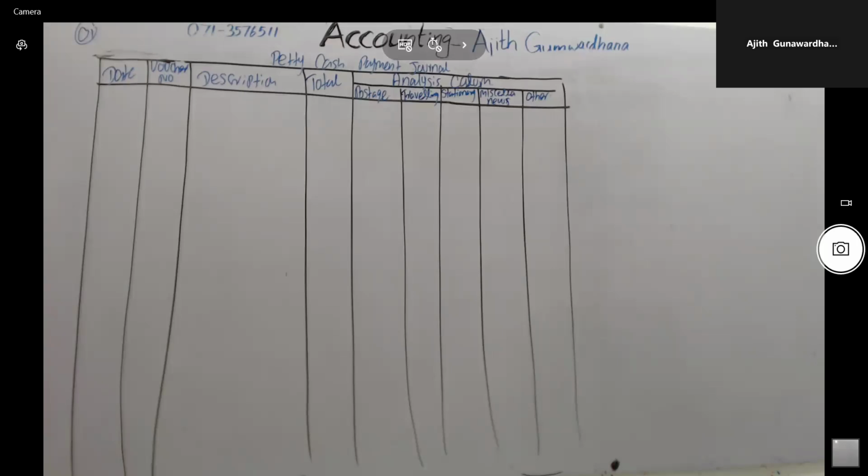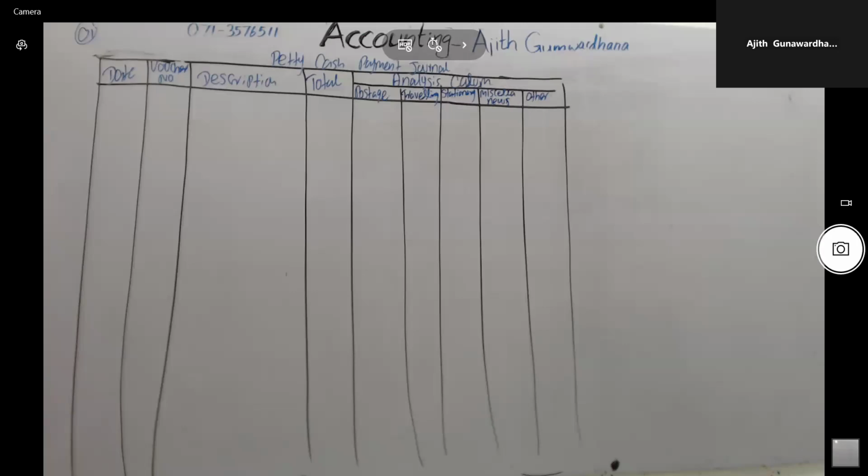Petty cash payment journal. There are 8 primary books available. From the beginning, you have to know what kind of information should be recorded in each and every primary book. Think voucher number, source documents. Only a small amount of expense paid in cash should be recorded here. But in the cash payment journal, all the payments made by issuing cheques should be recorded. Think of the difference between the petty cash payment journal and the cash payment journal.